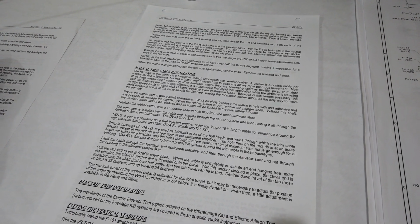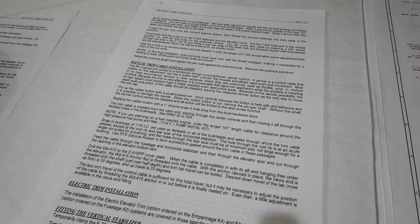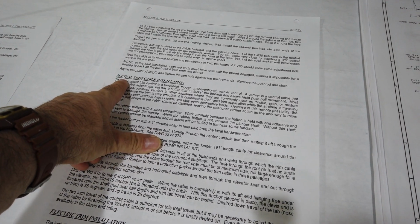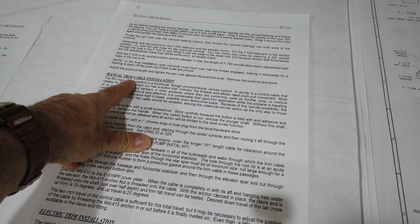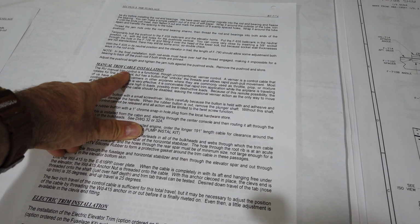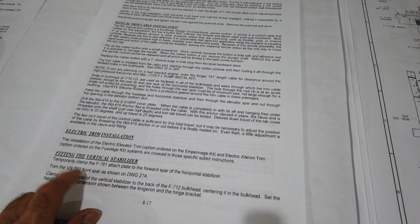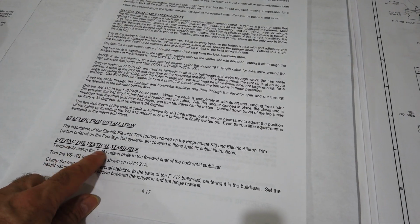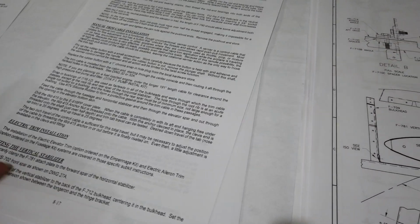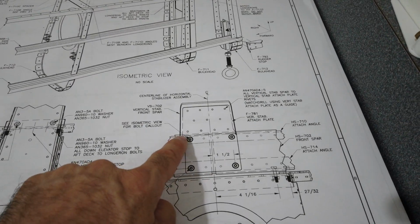Howdy everyone. So the next step on the instructions is to install the manual trim cable, which for me personally, for many reasons, I am not going to do that at the moment. So I'm going to skip down here to the fitting of the vertical stabilizer. So the first thing that they have you do is to find this offset plate,